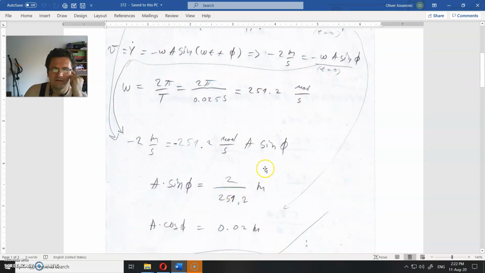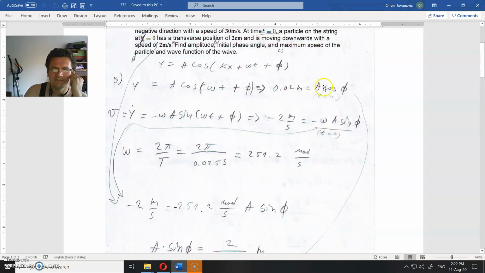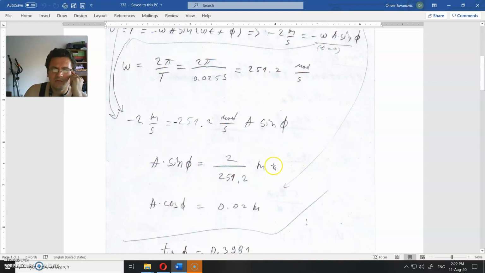And we have, this is actually the same equation. This equation is same as this. And second equation is this first one. So we did achieve to have two equations with two unknown magnitudes. Initial phase angle and the amplitude. Amplitude will be in meters, phase angle will be in radians. So from this equation, we need to calculate phi, you need to calculate A, initial phase angle phi, and amplitude is A. From there,